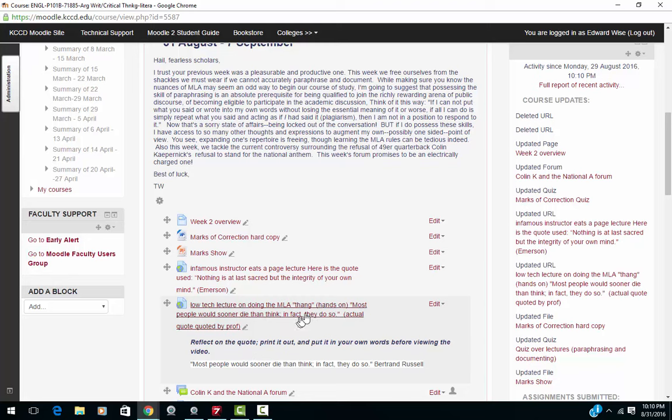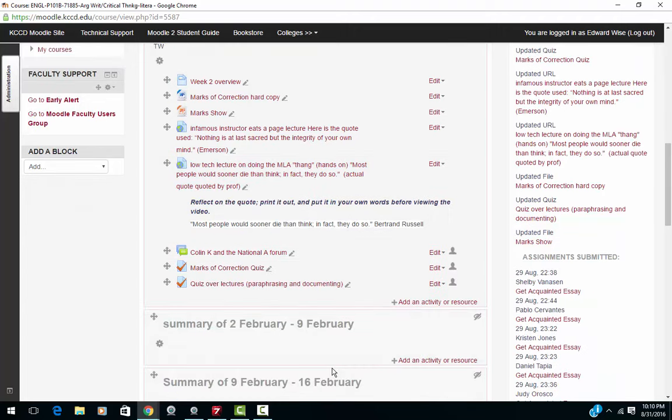So here what I really want you to do is think about this quote. Here it is. And I didn't give you a separate copy of this. But think about it, write it out, print it out, however you want to do it. Reflect on it, put it in your own words before viewing that video. Put it in your own words first and have it handy while you view the video.